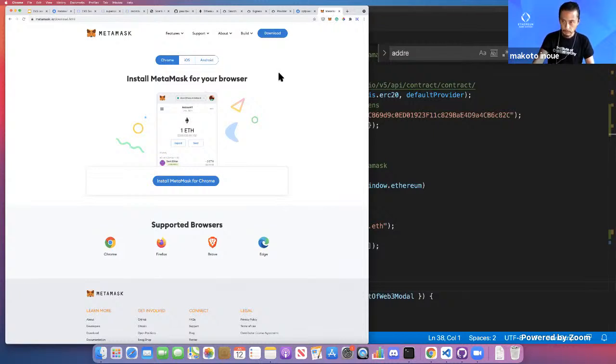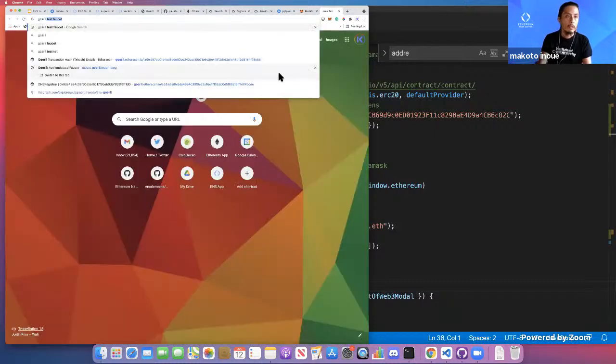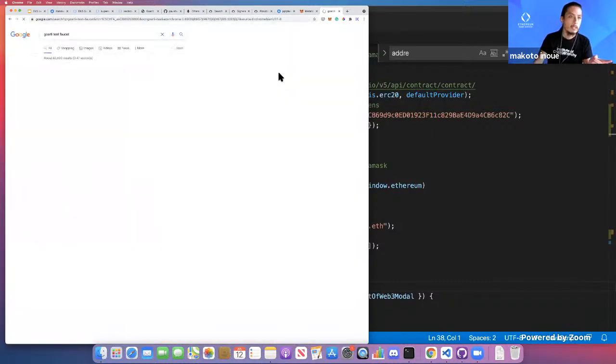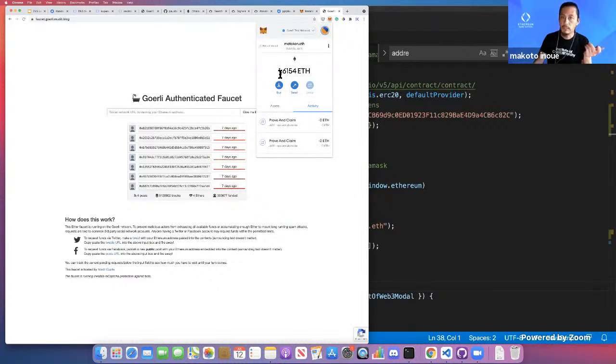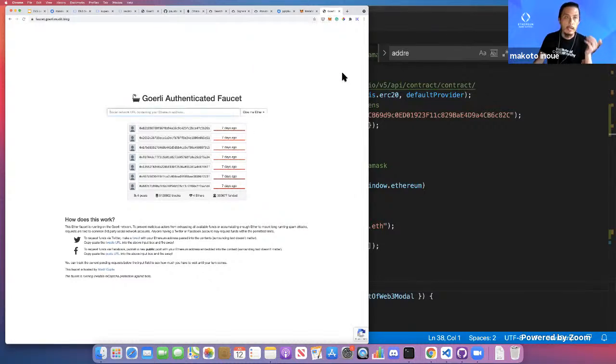If you want to do it for real, you have to go to an exchange like Coinbase to get ETH. But in most test cases, there's something called a faucet. So if you go to a Goerli test faucet, quite often you first create a wallet, generate an address, and then copy and paste it, tweet it, and if you paste that into this one, they usually give you free ETH on the test net. By doing that, I have 1.6 fake ETH. Assuming you do have it,